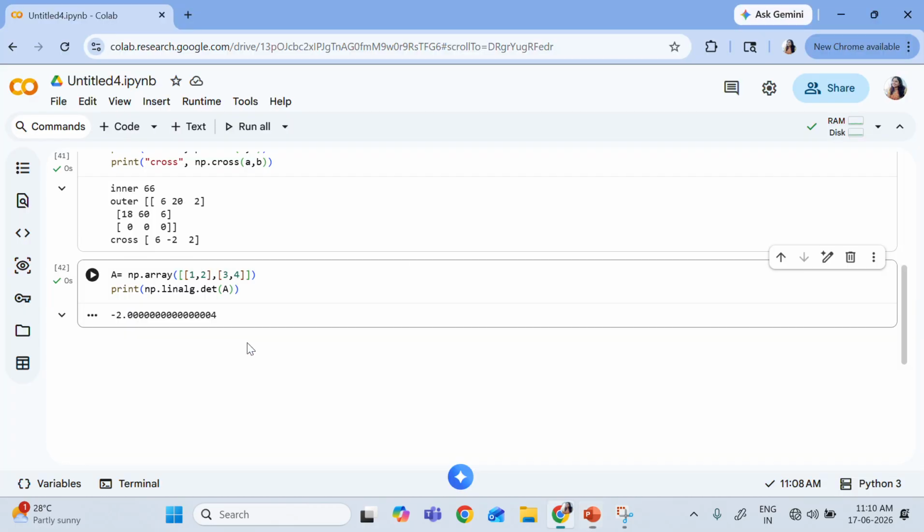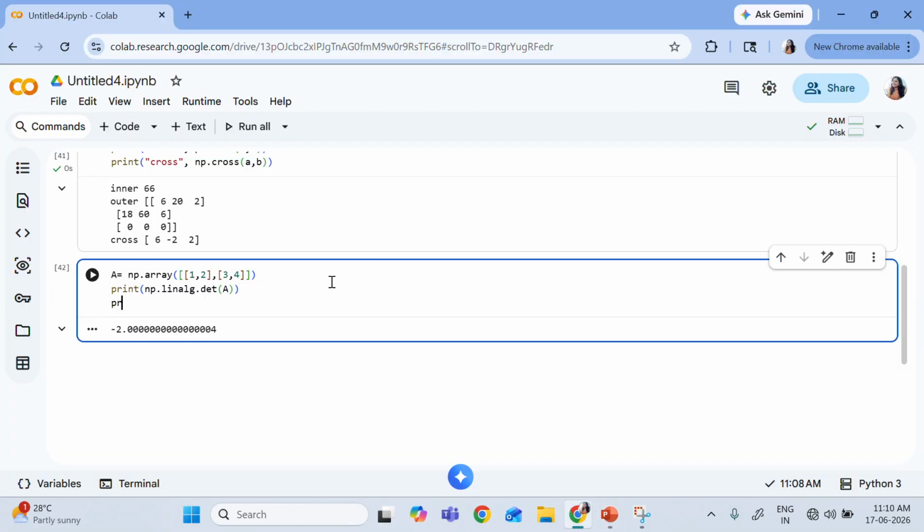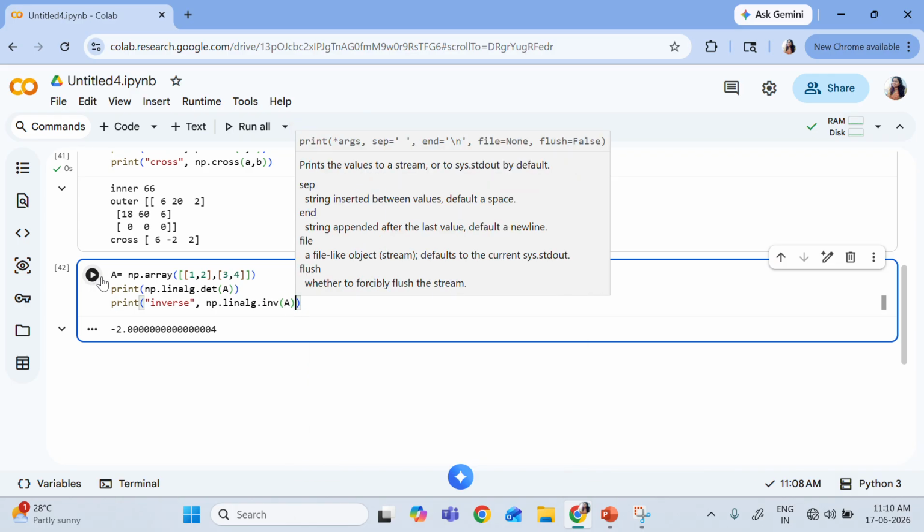Let us do one thing. Let us find out the inverse here. So I have print inverse. Okay, so np.linalg.inv, and I am passing this A, right?